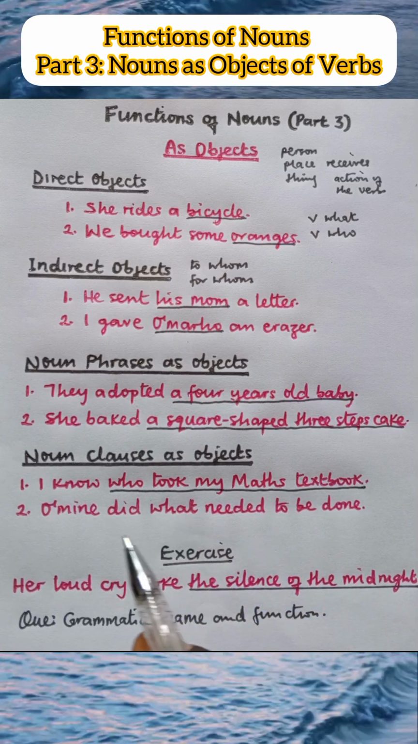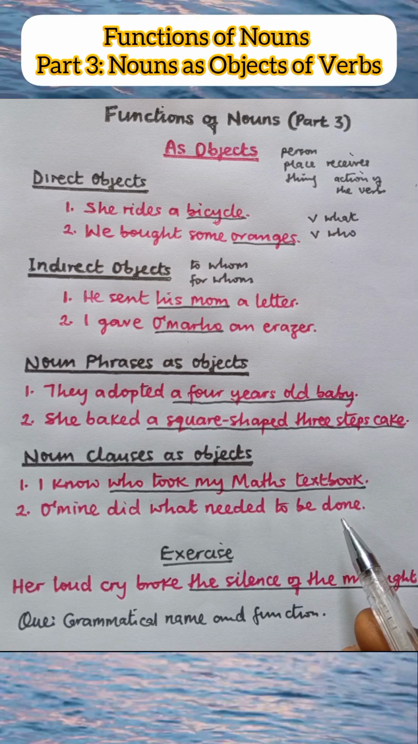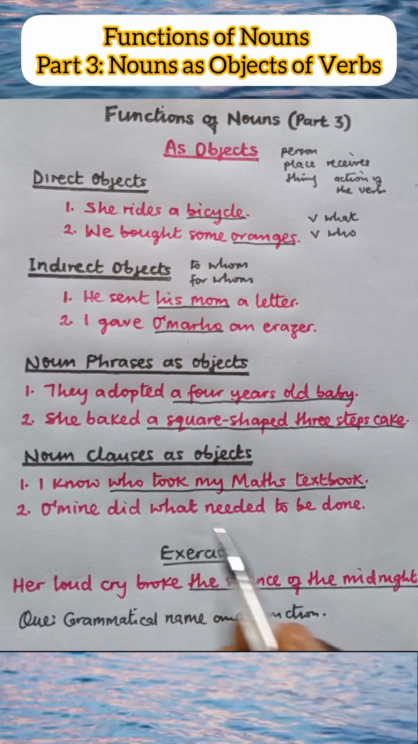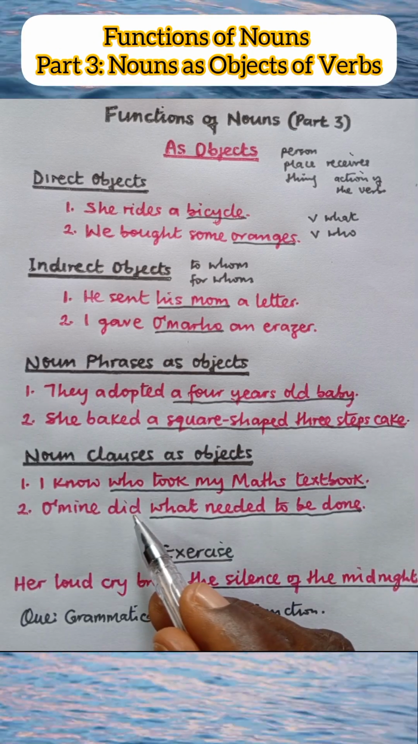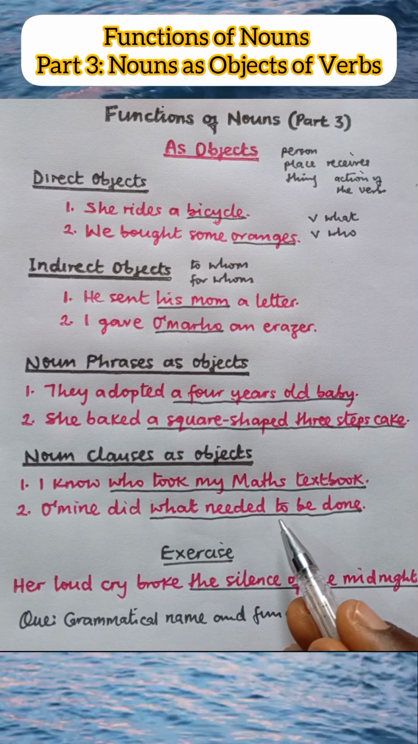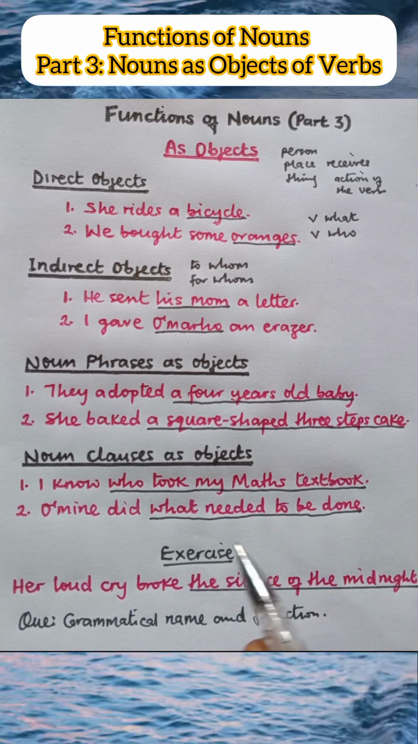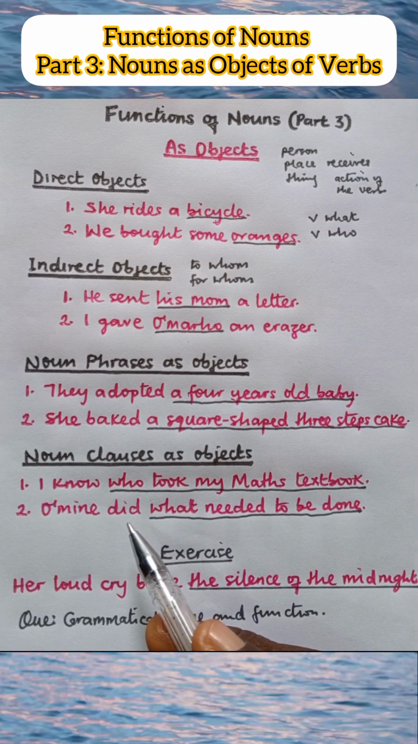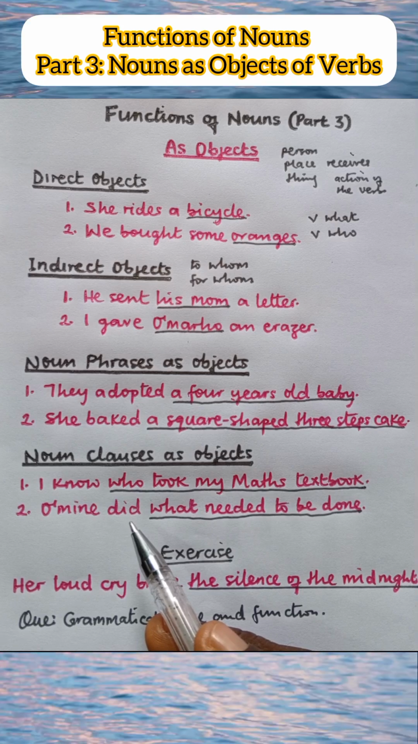Let's look at example 2. Ogenemine did what needed to be done. The verb of interest here is did. Did what? Did what needed to be done. The clause what needed to be done is the object of did. And being an object, it is a noun. And also it is a clause. So this is a noun clause which functions as the direct object of did. Do you get it? So any word or group of words that occupy the position of an object in a